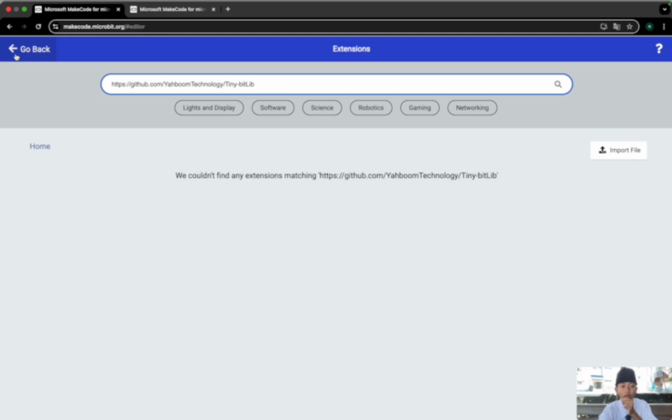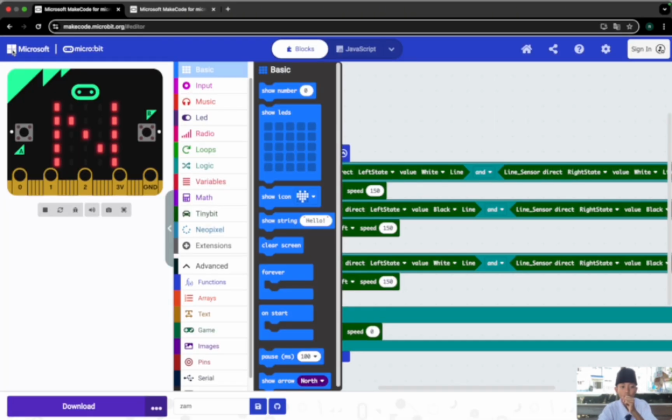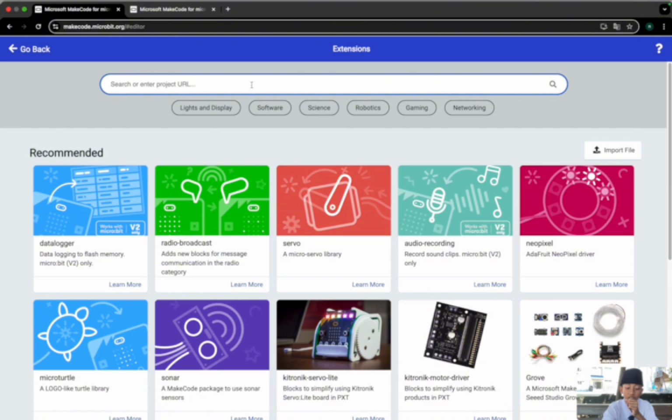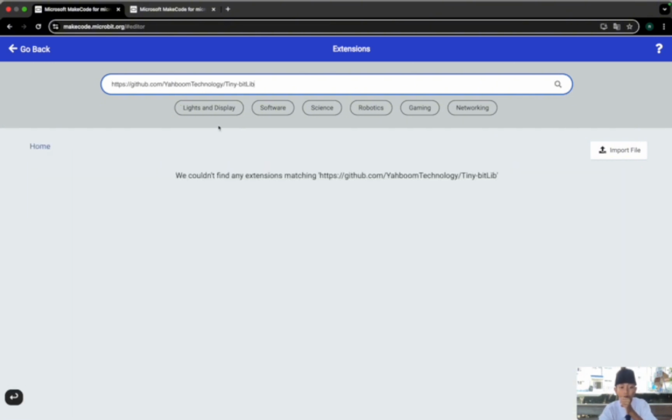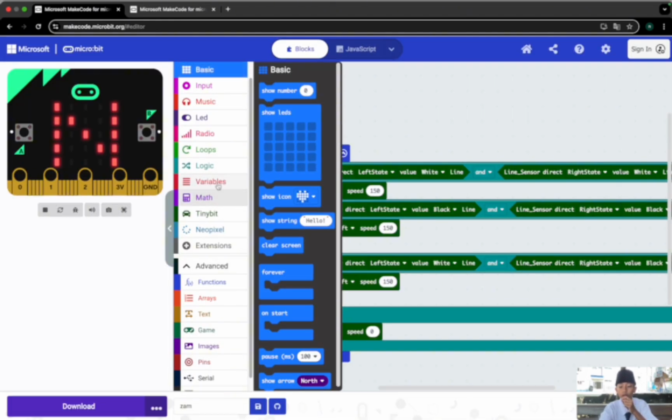So here there is the code, but because I already have the TinyBit code in here, when I search again in extension, there is no TinyBit code. And here is my video when the TinyBit robot follows the line or the route.